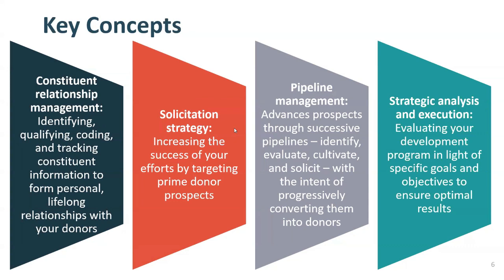When we talk about solicitation strategy, we are talking about the plan and approach that allows you to increase the success of your efforts by really targeting exactly how you're going to proceed forward in moving the relationship forward with prospective donors. When we're talking about pipeline management, we're talking about how the organization really uses the larger pool of